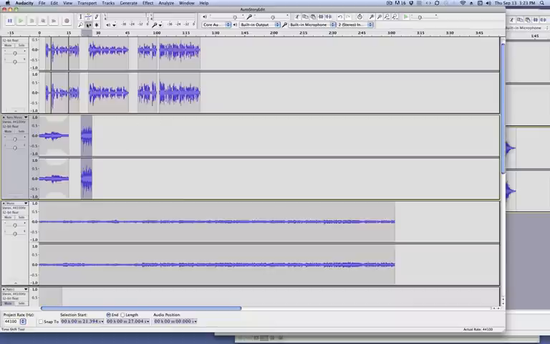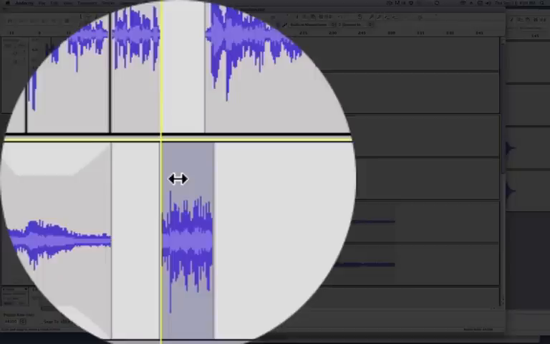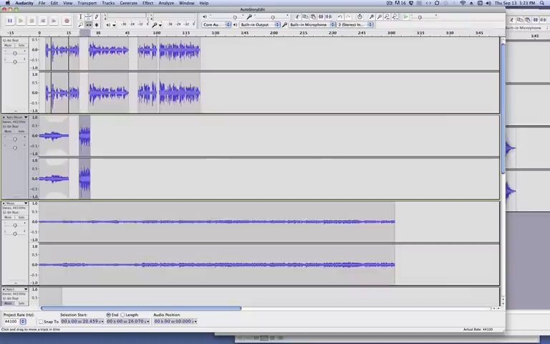And using the time shift tool, I'm going to put it right where I think I need it, which is, as you can see, that yellow line comes in and it snaps it to where that bridge is. So now if I want to listen to this clip from here,